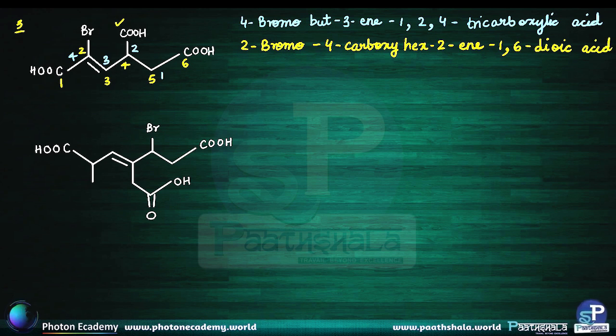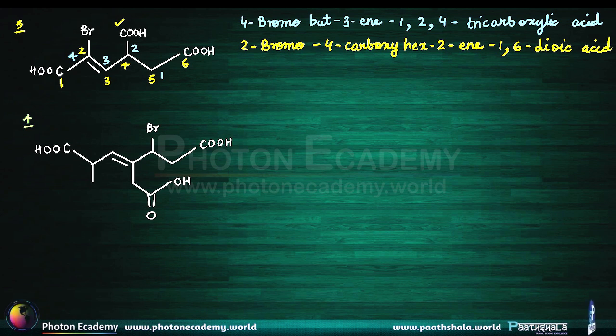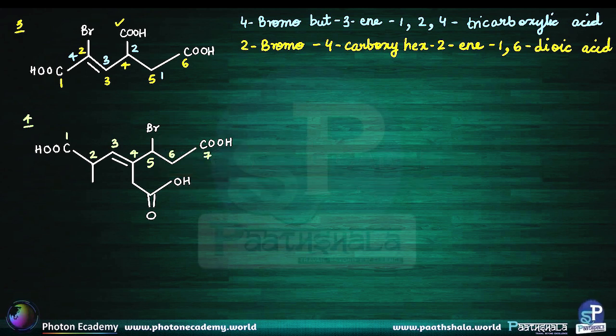Now the next example that we have over here, the fourth one, here we start the naming by numbering the carbons from here. So 1, 2, 3, 4, 5. Then we include this one, 6th, and the 7th one. Alright. So the name of the compound therefore becomes, now we have 5-bromo. So at 5 we have bromine, the bromo group present,